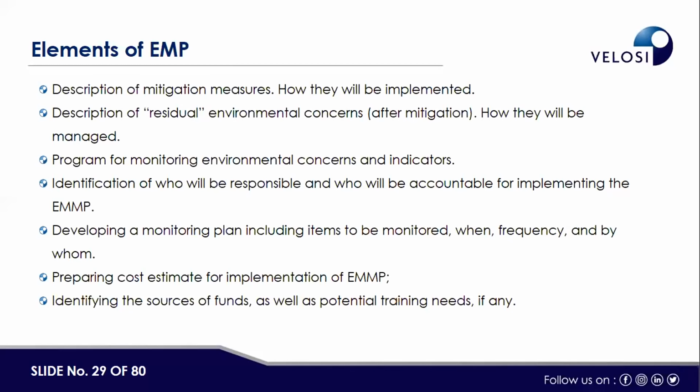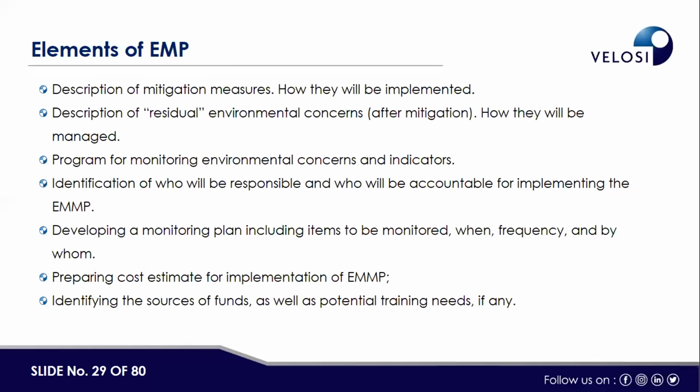And then the description of the residual impacts as well. Residual impacts are those which remain after the implementation of the mitigation measures. For example, before the mitigation measure, if the impact is significant or maybe high or medium, and after the mitigation measures, maybe the impact is low or medium. So after the implementation of the mitigation measures, the impacts are the residual impacts. So we have to describe the residual environmental concerns and how they will be managed. And then the program for monitoring environmental concerns and indicators,